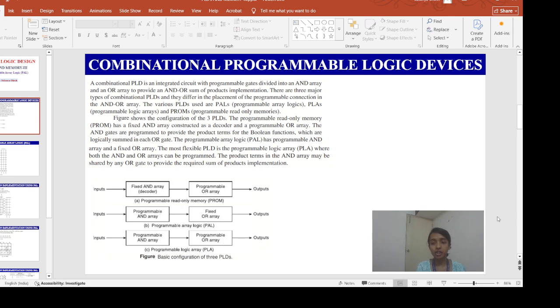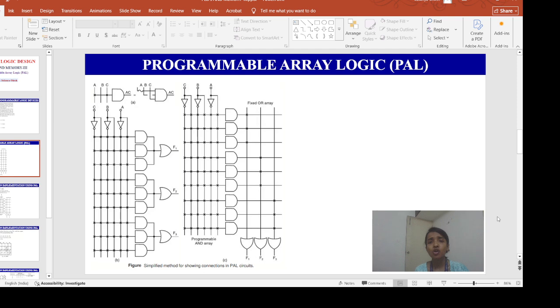So we will see how to implement the programmable array logic, or PAL. The programmable array logic, which is a registered trademark of Monolithic Memories, is a very particular family of programmable logic devices, PLDs. We just have seen that. It is widely used and available from a number of manufacturers.